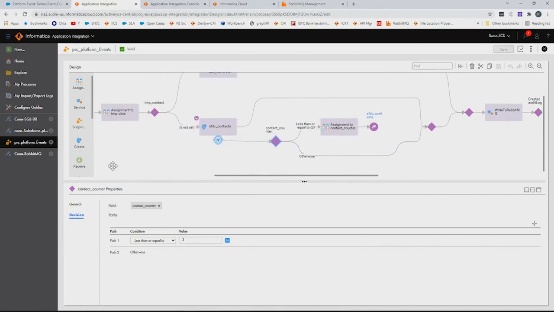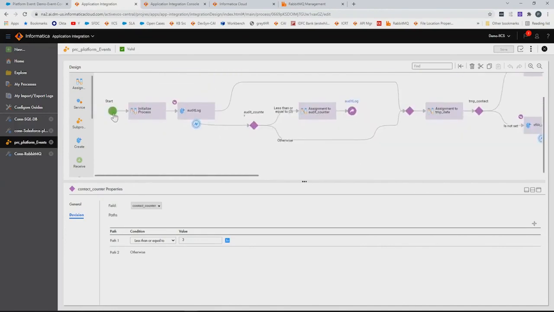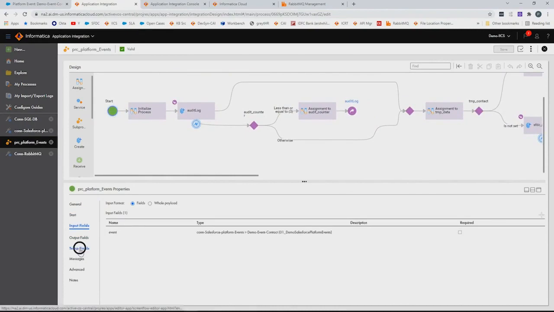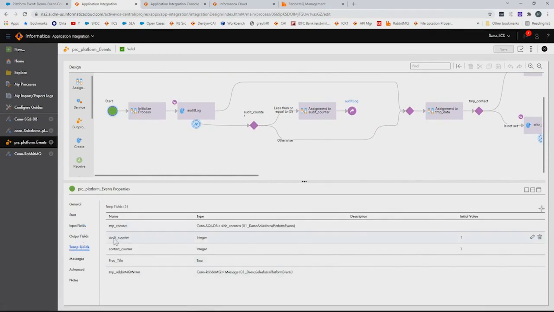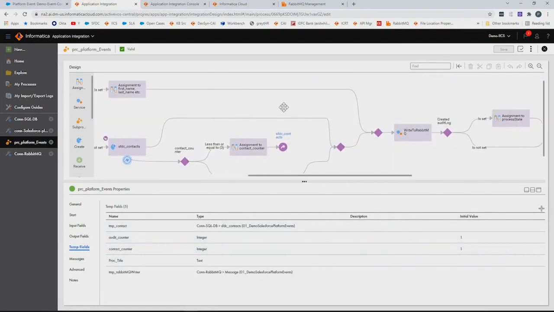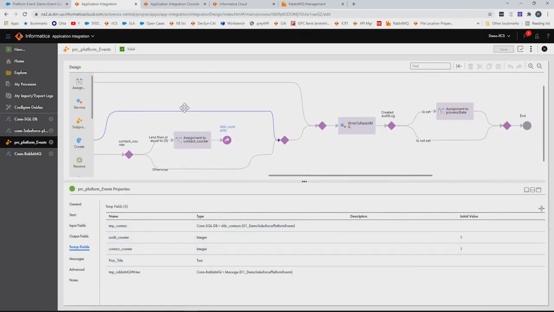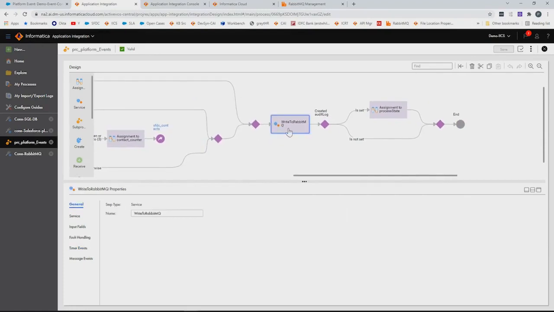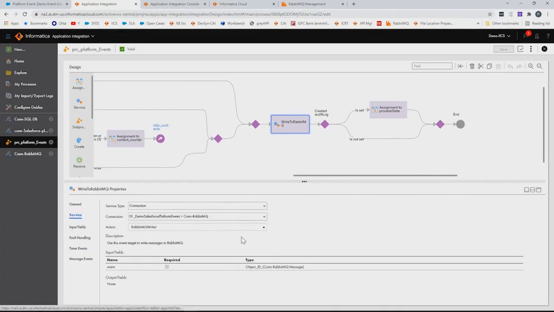Here you would see that the counter is initialized to 1 in the initial phase of the process. Once it has successfully created the record in the database, it will go ahead and update or post the message to the RabbitMQ connection.